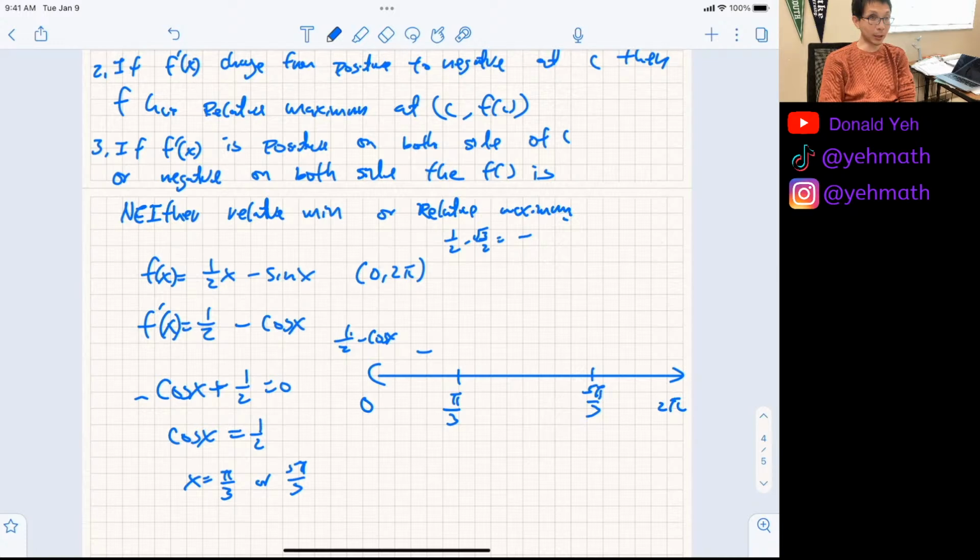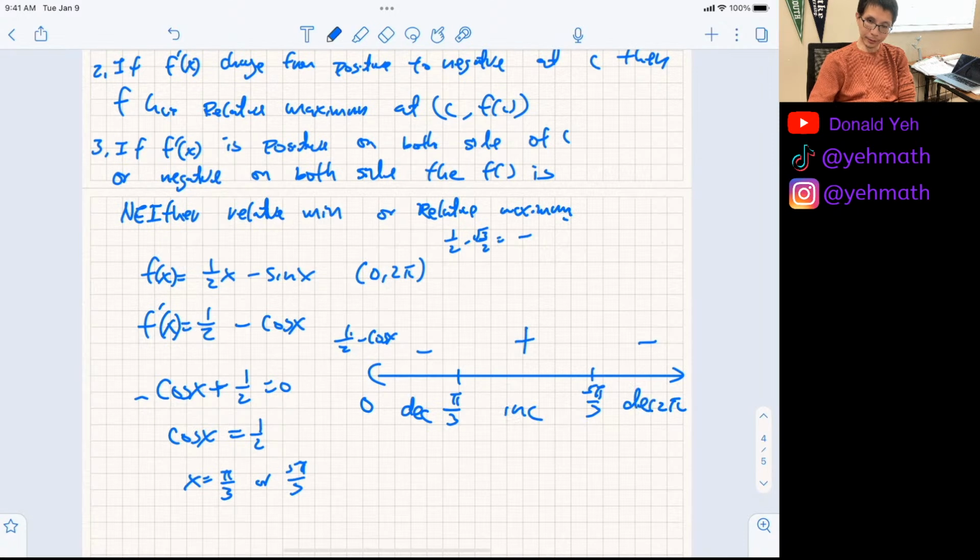Yeah, negative 1 times negative, because of 1/2 minus cosine of x, right? So it's positive, right? What happens if we plug in something between 5 pi over 3 and 2 pi? What's a good number to plug in? No, 6 pi over 3 is 2 pi. What's in between 5 pi over 3 and 2 pi? 11 pi over 6 is nice. And that would give you square root 3 over 2 again, and that would give you a negative. So it'll be decreasing,